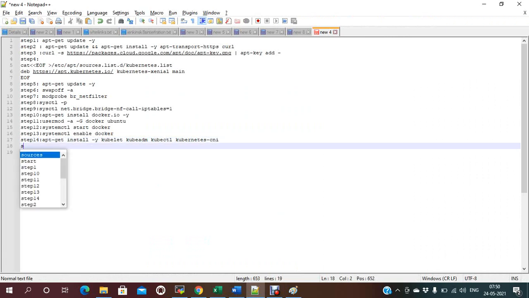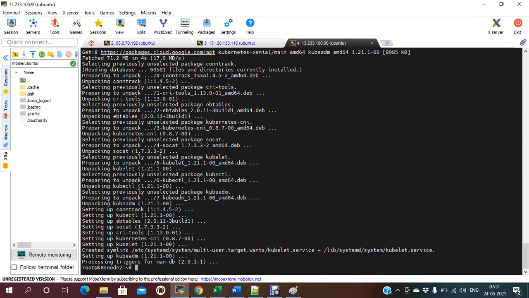Now step 15, you just need to do systemctl daemon-reload. Okay, this is done, and just completed this one.